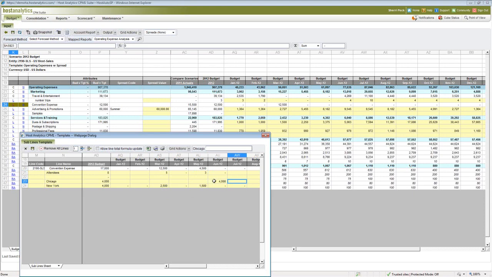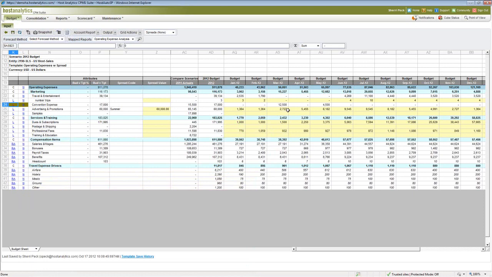I know we're going to spend $4,000 in June, and I can start building my expense and using this additional information. So once I save, then that information is included here and rolled up to my total.